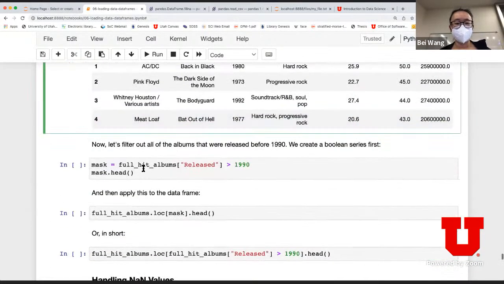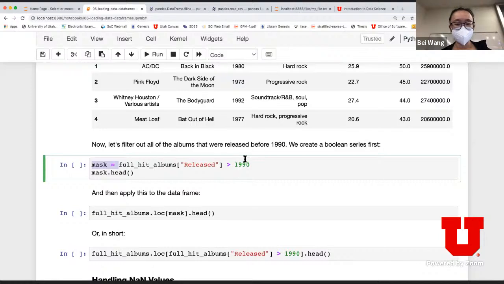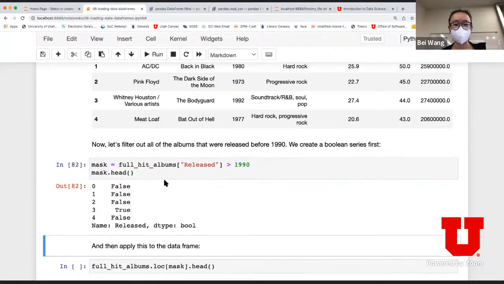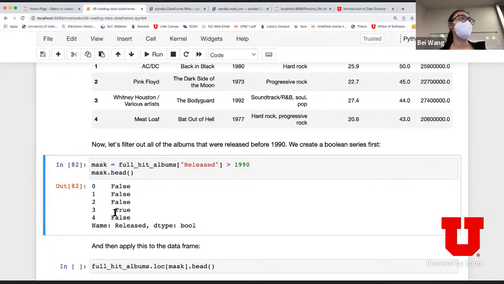Right? Same thing as before, you can do masking. To do that, first of all, let me just create what's called a Boolean series. This is just taking this particular column and saying all the albums that are released after 1990. If I do that, this is just a Boolean thing, right? Whether this is false or true, whether the album is created afterwards. This is similar to the filtering and masking we have done before for the series, because each column is a series, so I can do this.